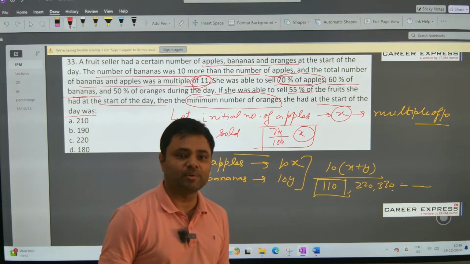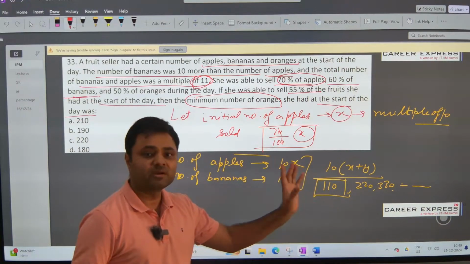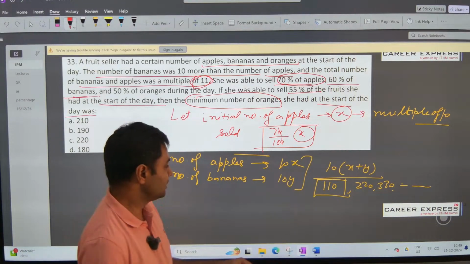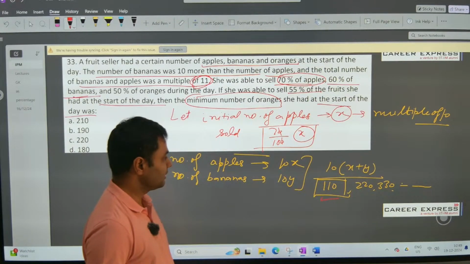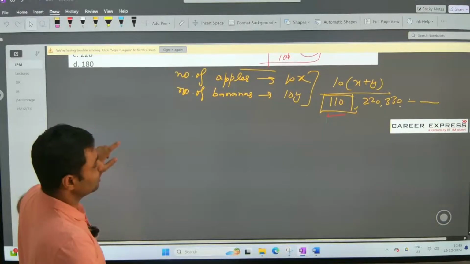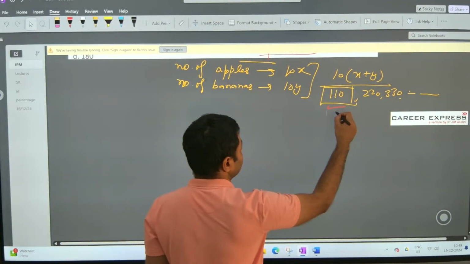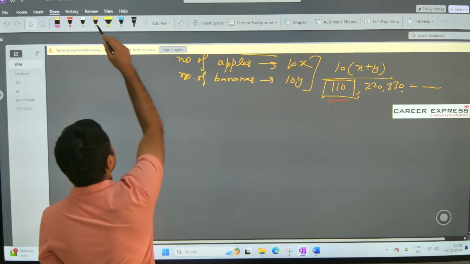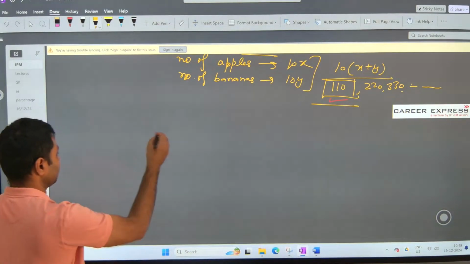Right? If we want to minimize the number of oranges, we should go with the minimum possible number of apples plus bananas. That means we will go with 110 only, right? So there is a lot of logic behind why we only decided on 110 and not any other number, right? So total number of apples and bananas can be taken as